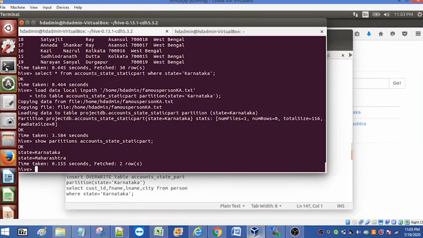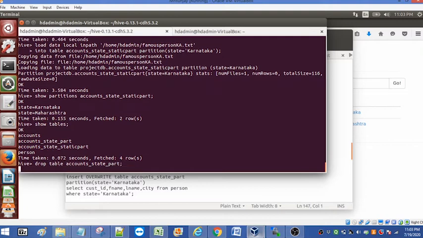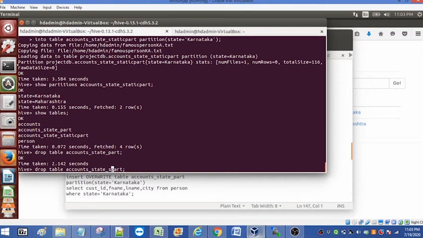Go to the Hive prompt, show tables, and drop the tables first: drop table accounts, state_part. Let me drop both the tables. We don't need them right now. If you need, we'll create it once again.